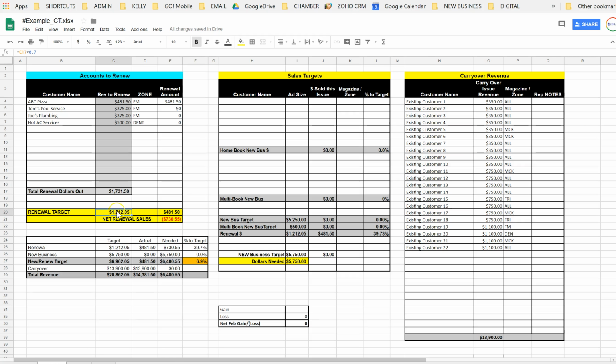It's a smaller amount. And what you'll see here is as you get these renewed, it's going to add these up into this section, and it's going to tell you, okay, this is the amount I need to get renewed, this is my quota, and so far I have $481.50 sold towards this quota,